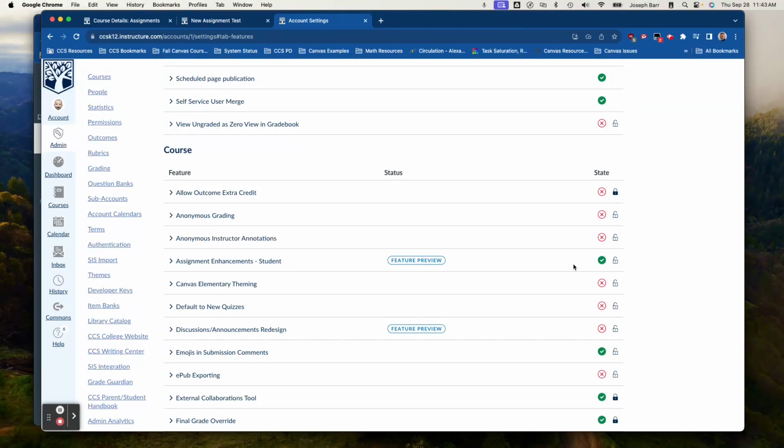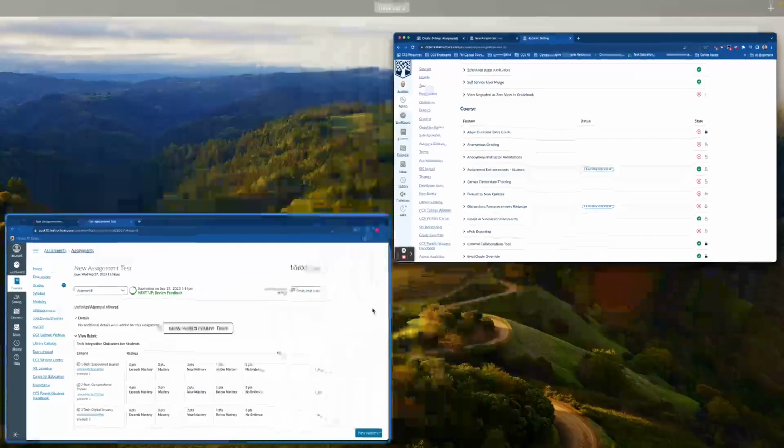So if you see this and you don't like it, then you have the ability within your course to go in and turn it off. It won't affect any current assignments or any future assignments that you have. The only difference is that it's going to change the student interface. So let's first of all look at the two versions of the assignments, and I'm going to switch over here